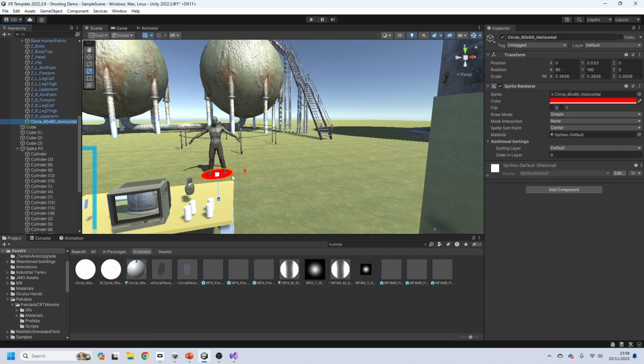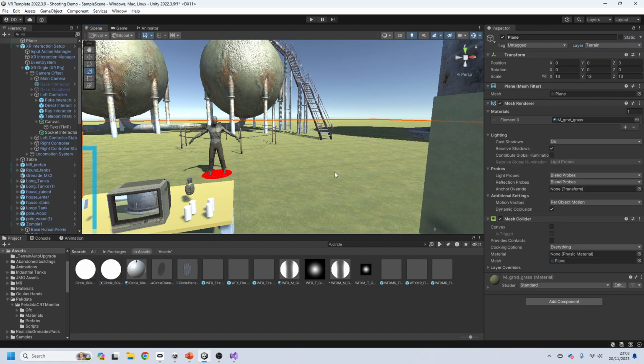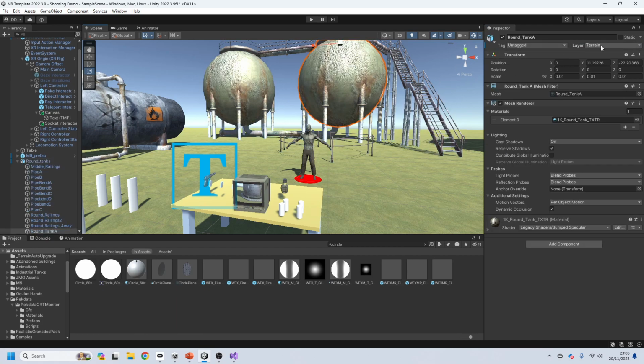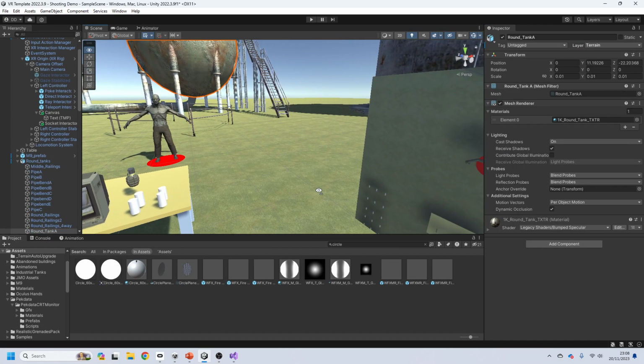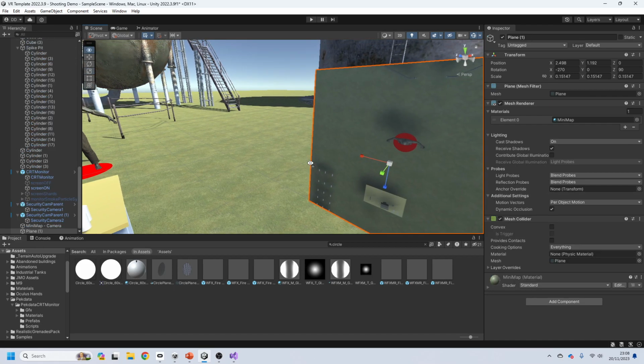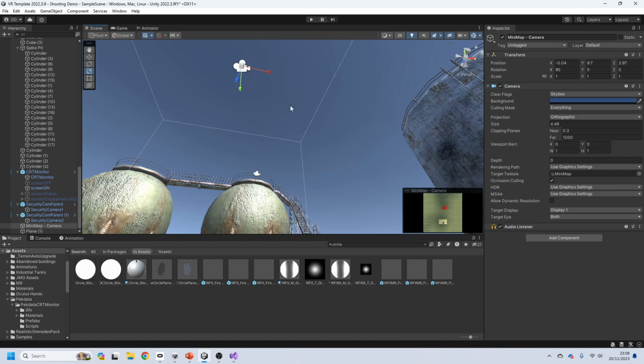So this circle is going to belong to the minimap layer. The terrain and anything I want to also be drawn is going to belong to the terrain layer. Same for over here and anything else I want to be visible. What I can now tell, not to the render texture, not to there, but to the camera that's drawing it, is which layers should we cull? Which ones should we draw? Which ones shouldn't we draw? And I don't want to draw everything. I want to draw nothing, so that now goes blank,